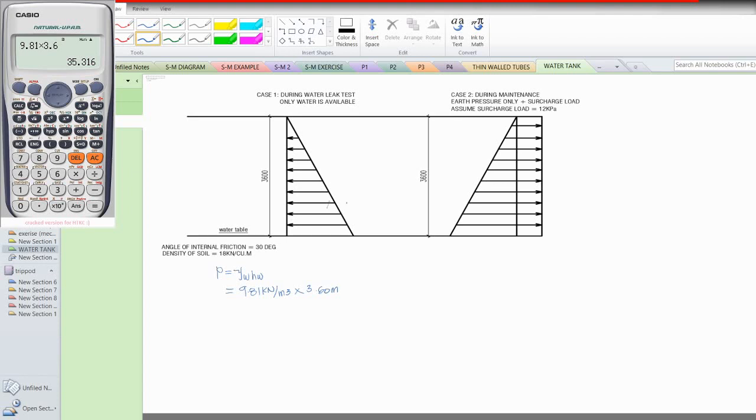35.32 kilonewtons. We will write here 35.32 kilopascal. This one will cancel out. So what remains is kilonewton per square meter, or 35.32 kilopascal. So this is the pressure at the base of the first case, which is